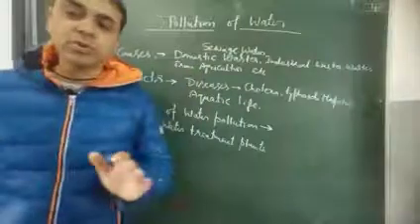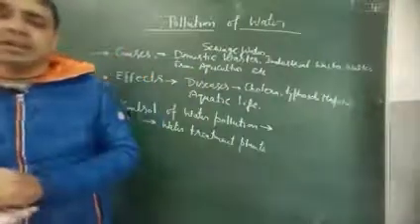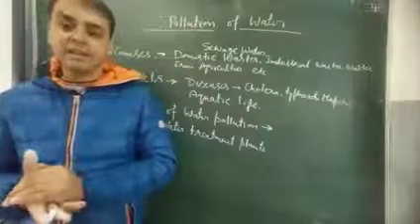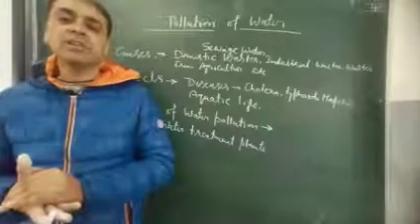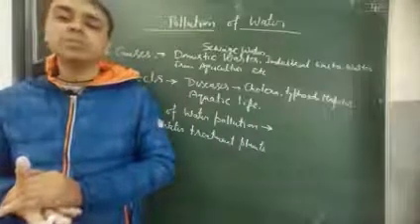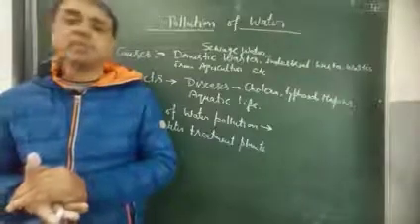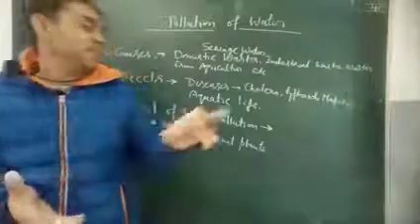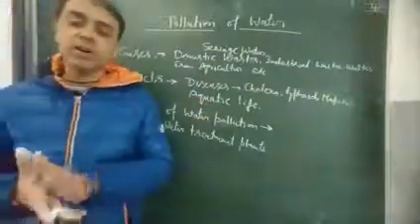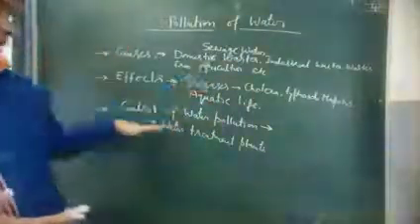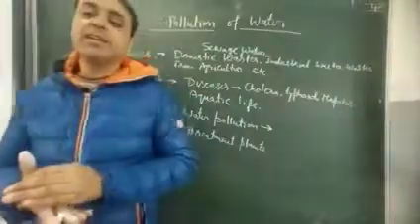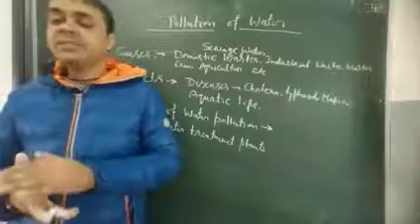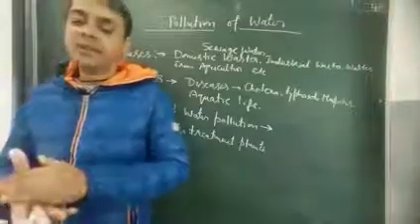By doing so we can keep the water clean, because water is the life-sustaining thing on our earth, and if we pollute it, it is quite impossible to survive on this earth. Because of this reason we should not pollute the water, and by following these control measures we can avoid water pollution.